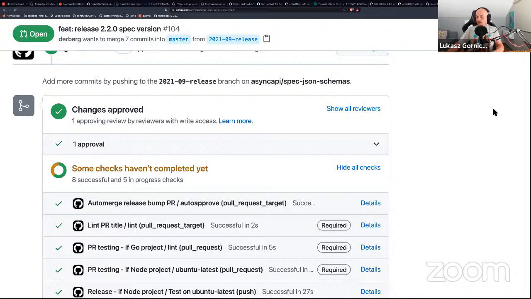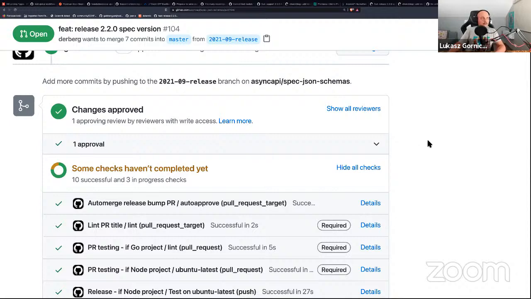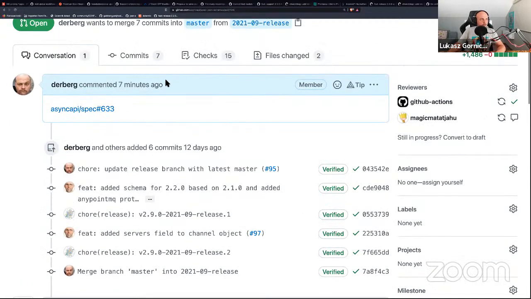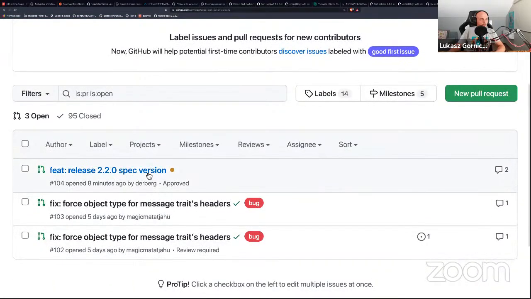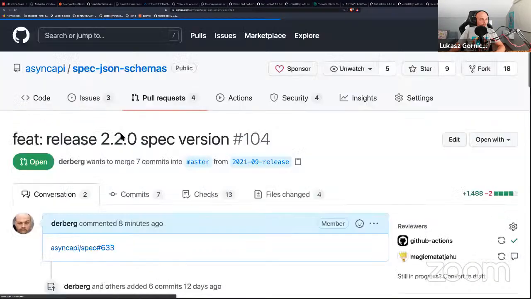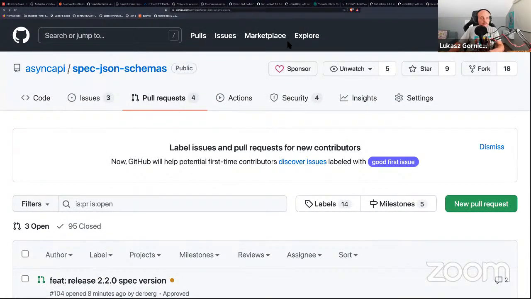You know why? Because we merged master into the release branch, and we have automation there. And because there was a fix to the master, and once the fix was pulled into the release branch, the release candidate had to be released with new stuff. Okay, I understand. We just need to